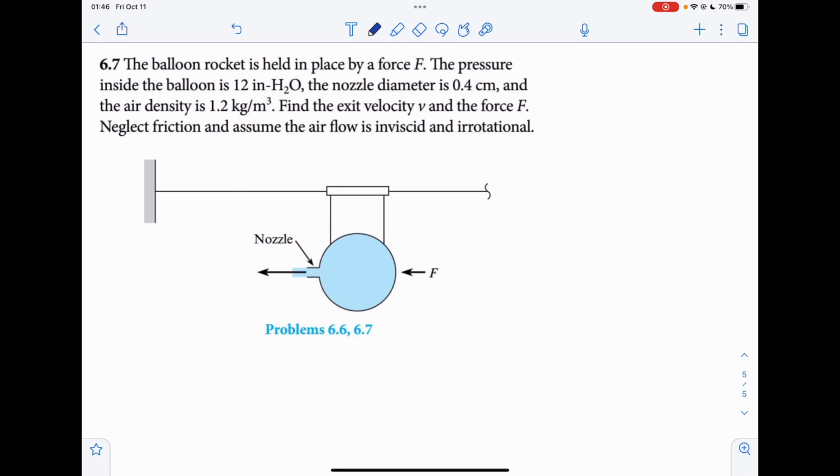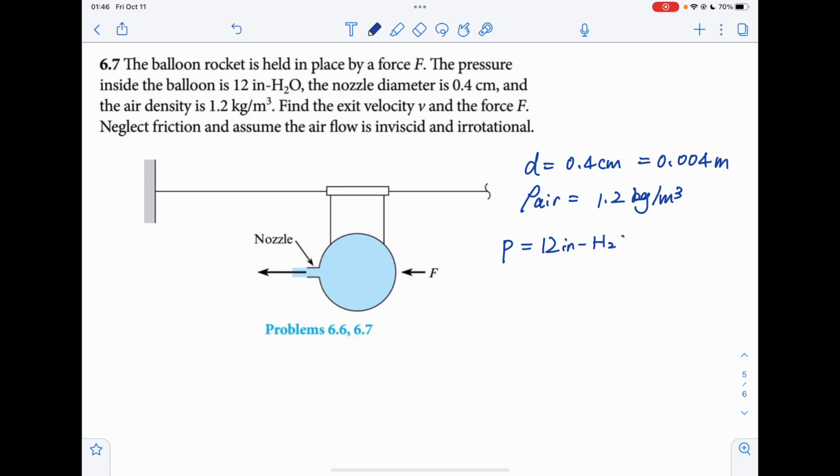So when we look at this problem, we have different units. So the first thing we're going to do is convert the units to SI units. So the nozzle diameter D is 0.4 centimeters, which is 0.004 meters. And the air density, rho air, is 1.2 kilograms per cubic meter. And the pressure is equal to 12 inches of H2O. So that means the pressure is equal to,